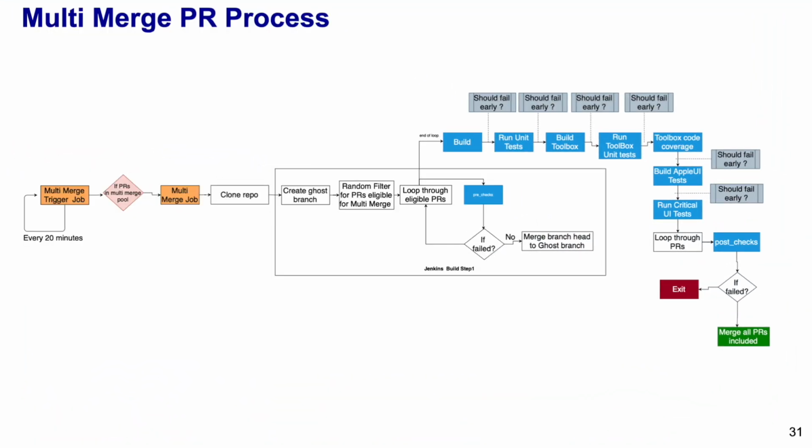A couple of quick examples. We have a multi-merge process for our PRQ. The pipeline's pretty clever. Instead of trying to merge each pull request individually, what we'll do instead is take a number of pull requests, run a bunch of checks on them, and say, verify they have all the right approvals, they pass all your lint checks, all your security checks, and then you mark them as fit for merge. And then the multi-merge job comes along, grabs them all, pulls them together. It might grab 5 or 6, merge all of those together, and